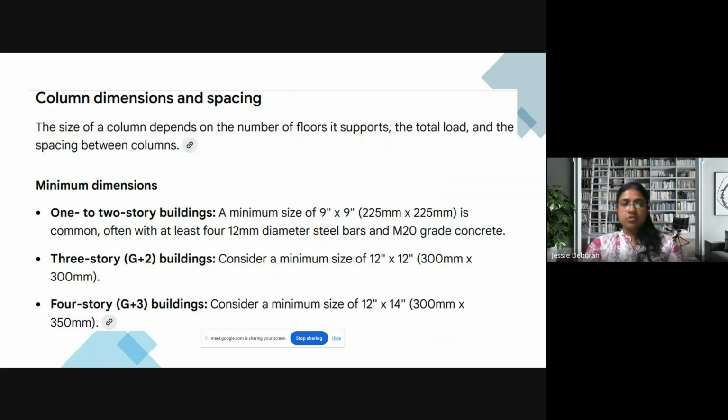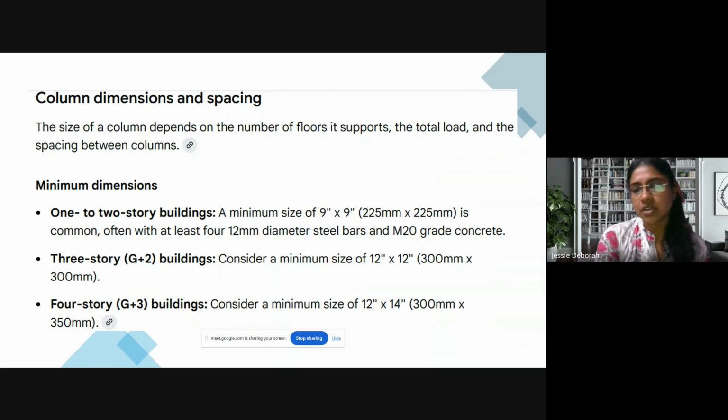Okay. So a 1 to 2 storied building. In a 1 to 2 storied building, the maximum size will be 225 mm by 225 mm, because it is a small structure. Like I already told you, 225 to 230 is going to be your brick wall size. Often, what will be the dia of bar? It will be an average of four numbers of 12 mm dia bar.